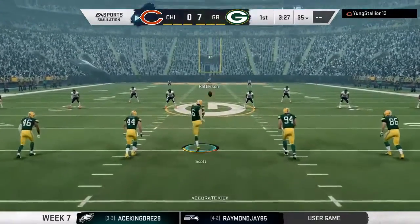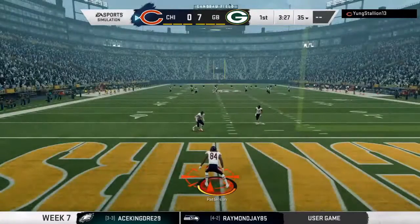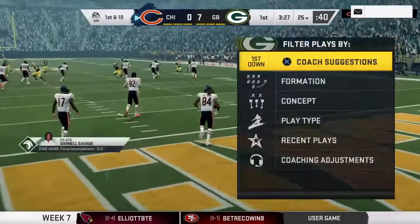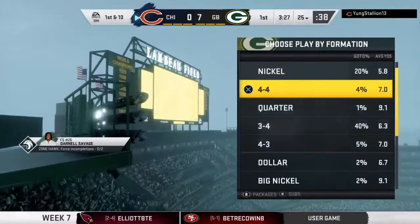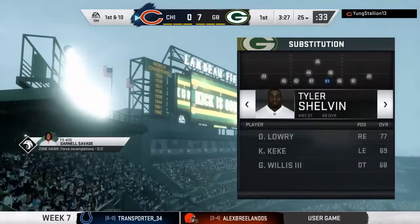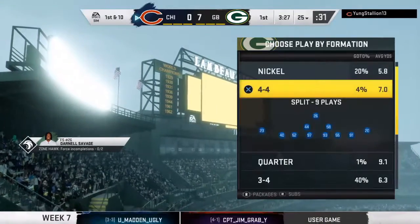A good hold in these wet conditions. The point after is up and good, and it's now a 7-0 game. Here we go. The Bears take over, 1st and 10 at their own